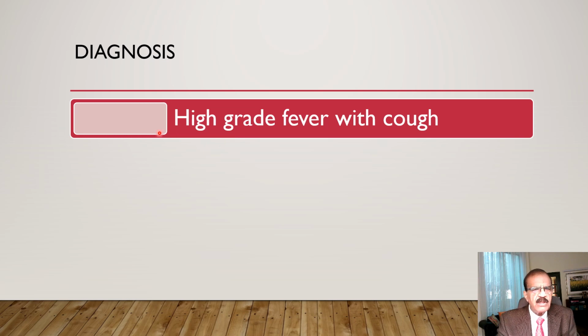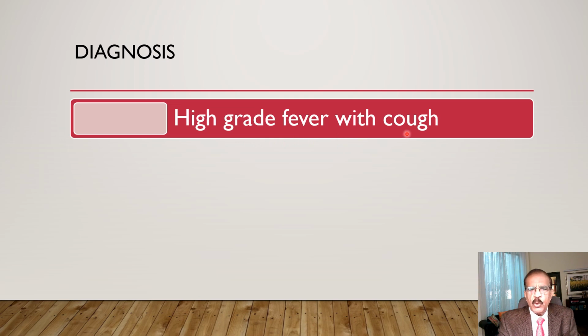The diagnosis is based on history. A patient typically presents with a high-grade fever with cough. Now, typically, there is one episode of rigors and chills that is followed by continuous temperature. And the temperature won't go unless one takes paracetamol or ibuprofen or some other antipyretic. The temperature is usually continuous. It is usually associated with dry cough. Unless the patient has some coexisting or pre-existing lung condition like asthma or COPD, usually the presenting cough is dry,